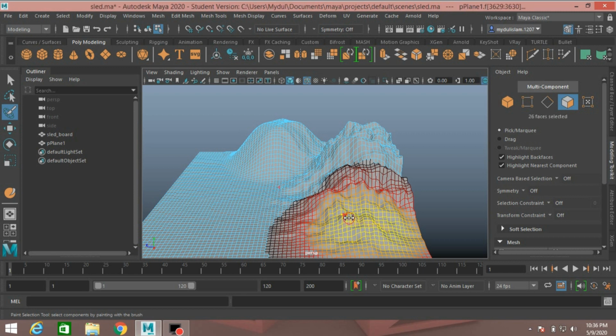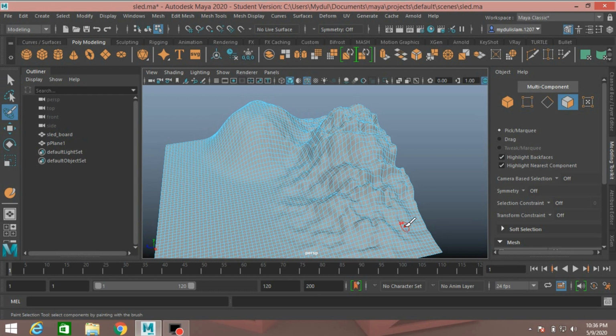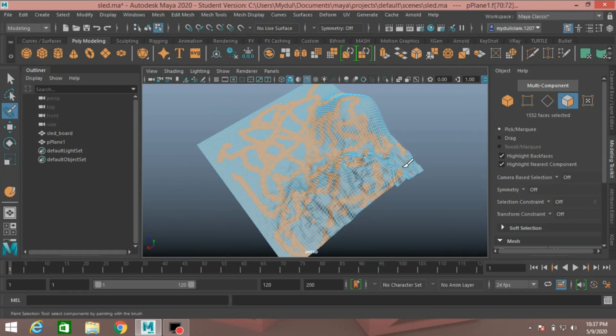Sorry, press B to turn off the soft selection mode. Face selection mode. Select the paint selection tool and select this face just like this. Just paint here as shown.